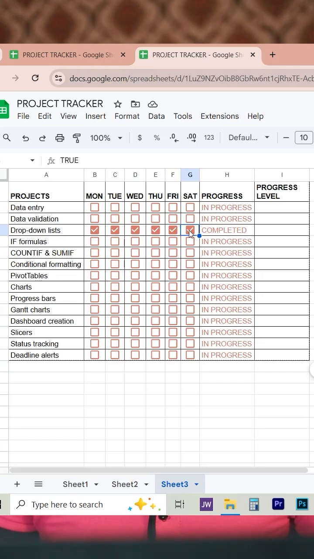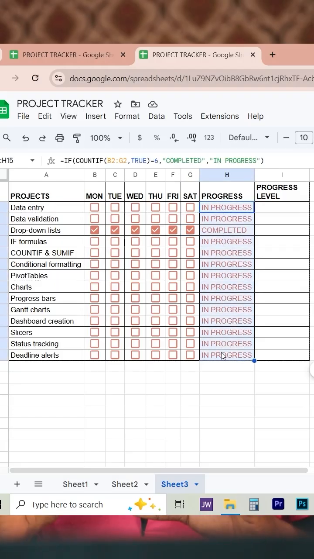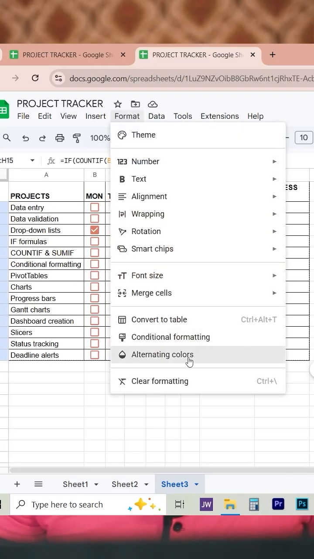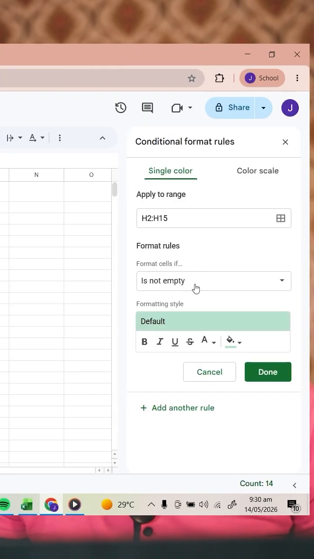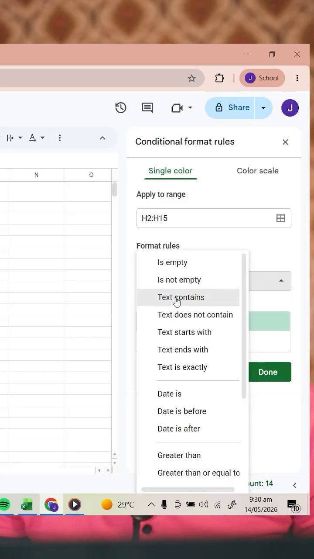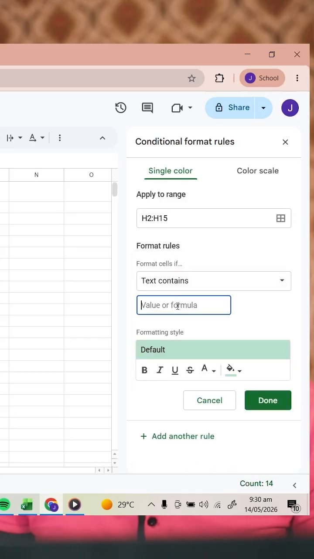Then what do we do next? Just the way we did it the other time, we want to format this place such that it will be glaring to identify which one is completed and which one is in progress. Go to format, then look at conditional formatting. It opens this dialog box here where we say text that contains completed